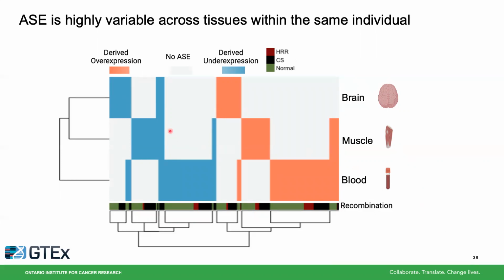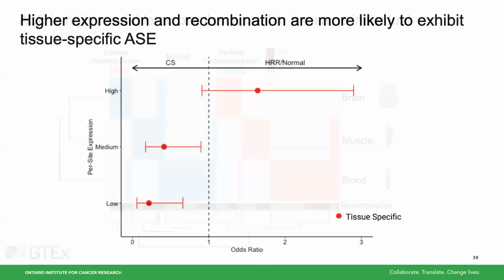So using this heat map, the columns are the individual SNP pairs and the rows are the different tissue types. And the colors are showing us if ASE is significant in each tissue and what direction it's observed in. And so we identify many, many positions of this highly variable ASE across tissues for the same individual at the same site. But looking at the bottom, we see the annotation of recombination, and it doesn't appear to be directly linked to recombination. However, when I now add expression into the mix as well, we see that sites with